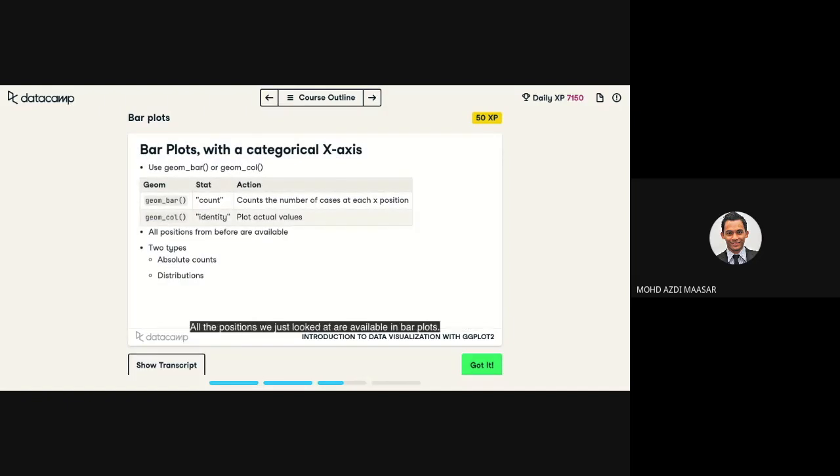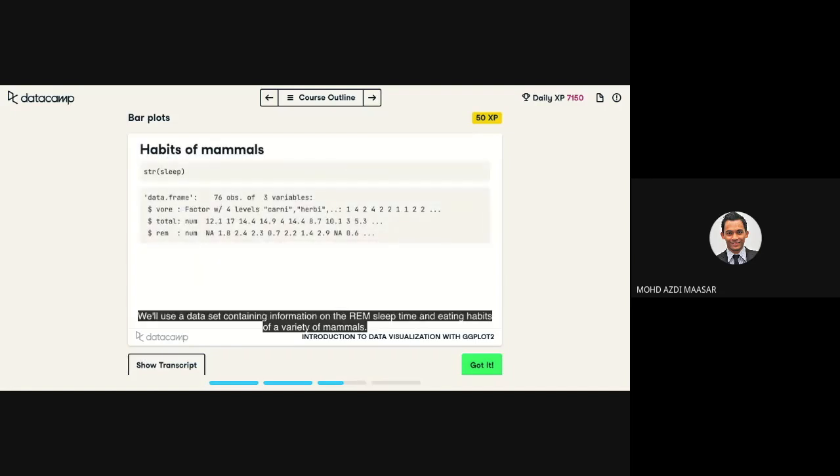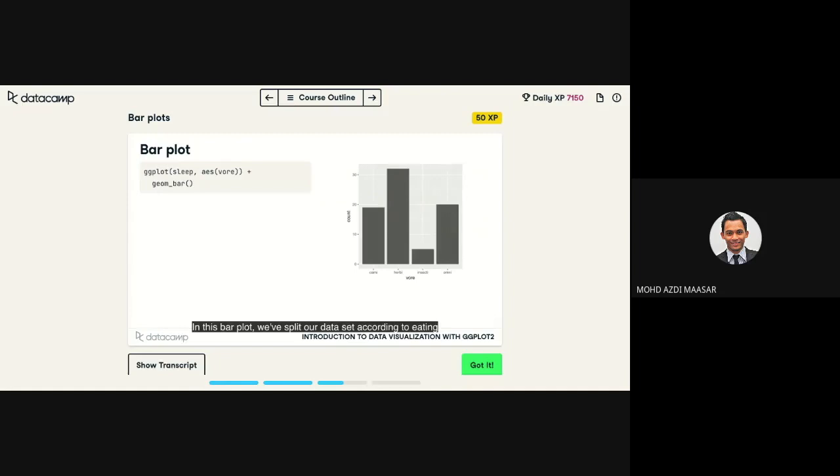All the positions we just looked at are available in bar plots. You will encounter two types of bar plots in widespread use, depicting either absolute counts or distributions. Let's take a look at them in turn. We'll use a dataset containing information on the REM sleep time and eating habits of a variety of mammals. In this bar plot, we split our dataset according to eating behavior and simply asked how many observations we have